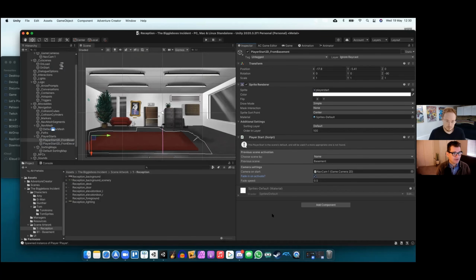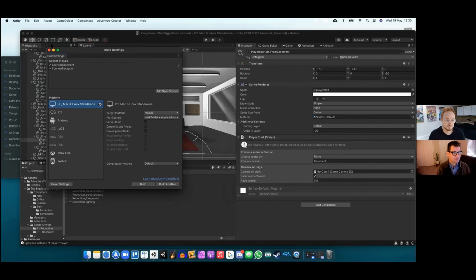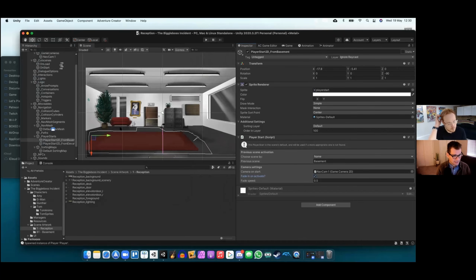If you haven't, go to File, Build Settings, and then add open scenes. Add open scenes. Okay. Right. Press start. Very good. And then go